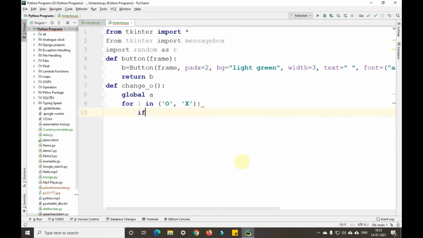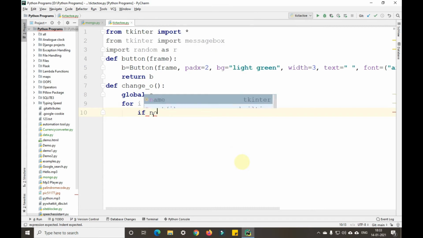Otherwise, we'll not go. If that particular value i is available in X and O, then only we'll go into that loop.